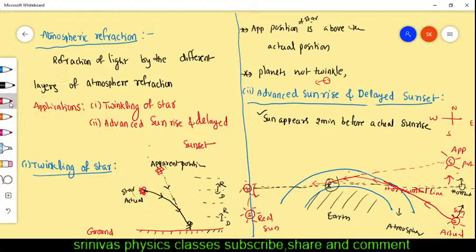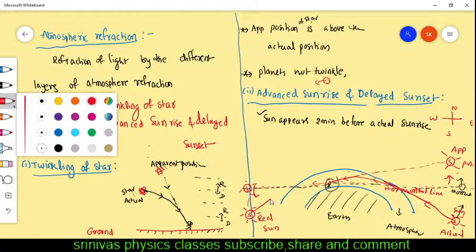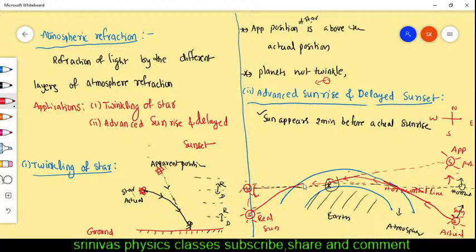रेस स्टार्ट हो गया इधर से, लाइट रेस इधर से स्टार्ट हो गया, ऐसे ऐसे जा रहा है, एटमॉस्फेयर में एंटर करने के बाद बेंड हो जाएगा, बेंड होके ऐसे आंख को रीच हो जाएगा, उसको पीछे एक्सटेंशन करिए स्ट्रेट लाइन में, मतलब सन इधर दिखाएगा आपको। व्हाट हैपनिंग इट हियर, दिस इज अपर एंड पोजीशन ऑफ सन, दैट मीन सन ऑलरेडी हॉरिजॉन्टल के नीचे चला गया, सन शुड नॉट अपीयर, बट लाइट का रिफ्रैक्शन का वजह से सन एबो हॉरिजॉन्टल दिखा रहा है। और थोड़ा नीचे जाते तो